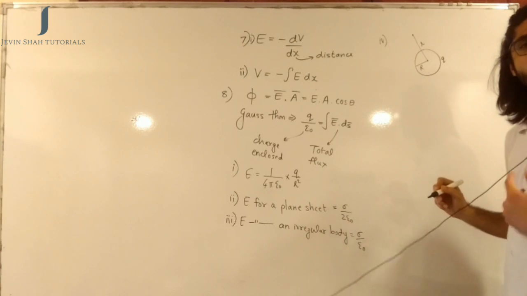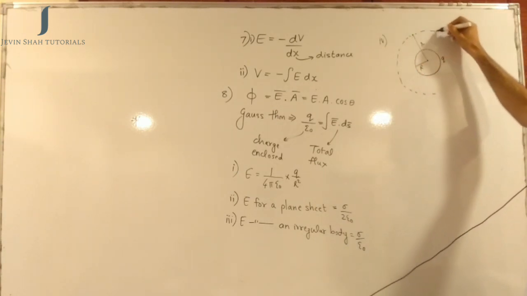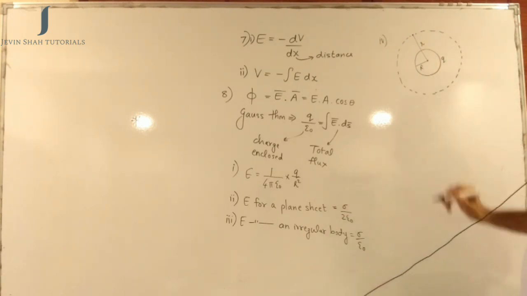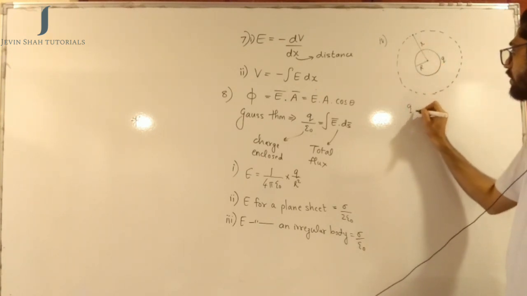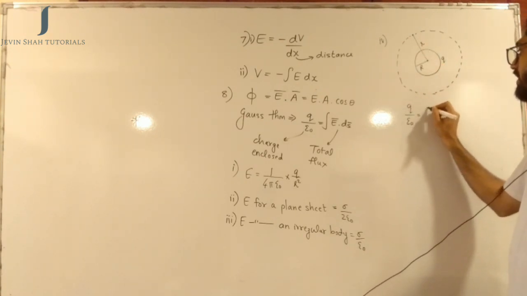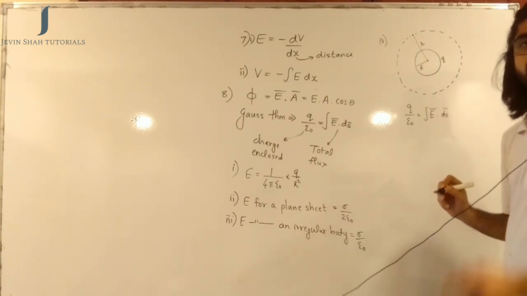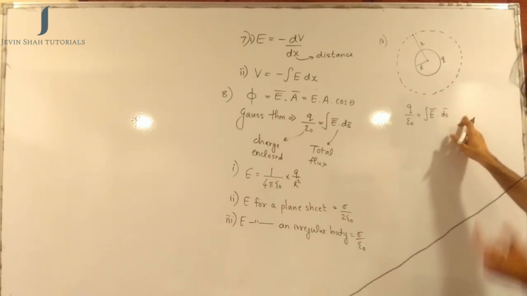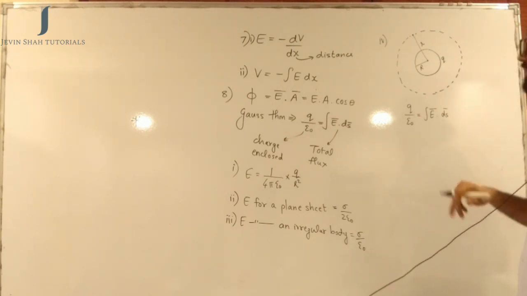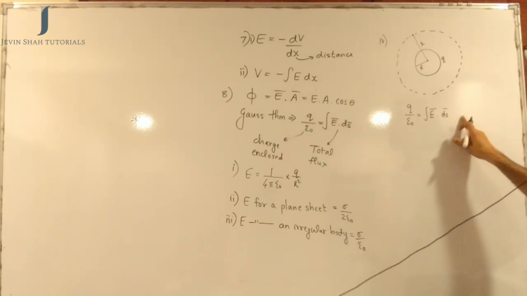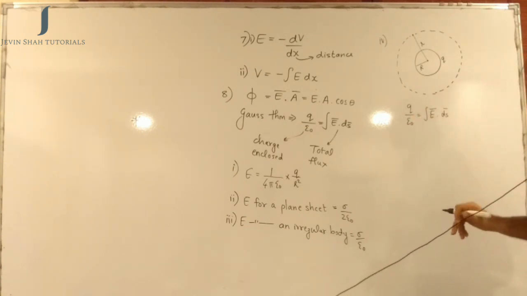Okay, so again we go ahead with the same steps. The Gaussian sphere will now be a sphere of radius small r, and apply the Gauss theorem. So you will say that the charge enclosed is the entire charge, which is q, divided by epsilon naught, will be equal to integration of E bar dot ds bar. And like you had derived it in the previous case, this will be E ds cos theta, that theta will be 0. The explanation is same that you had done in the previous case, that is for a conducting sphere. So that will be E ds cos 0. Cos 0 is 1. So this will be E ds. E comes out and integration ds will be 4 pi r square.